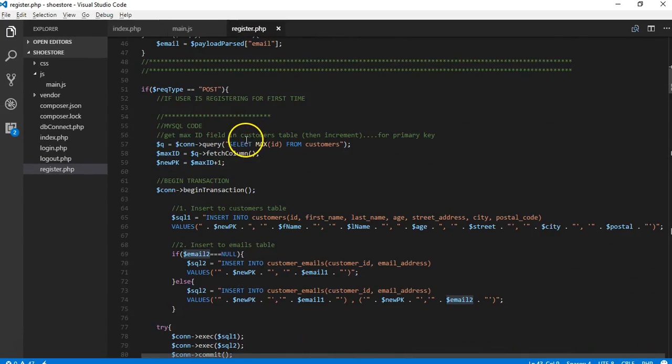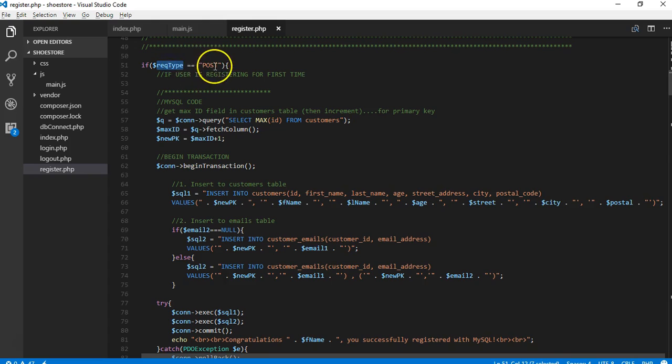My next line of code here, again, if request type equals post, we now need to actually submit the data to our MySQL and Mongo database. However, before we